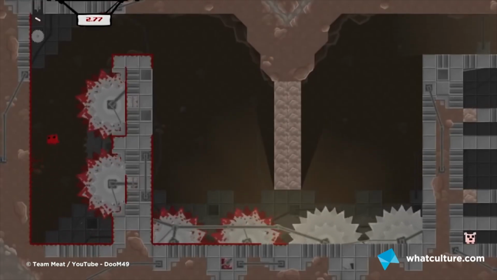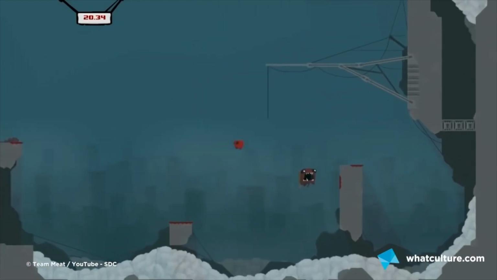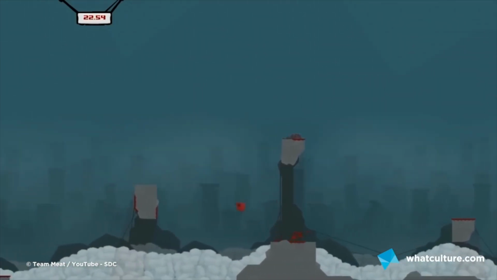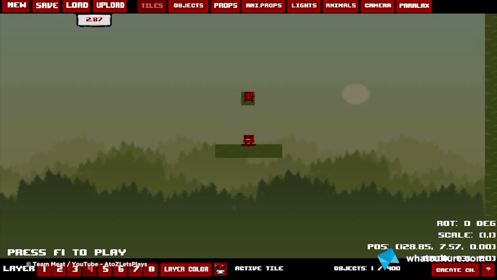difficulty curve, which can be enraging, but it's just so worth it when you finally get past that level that you've been stuck on. You can also build your own levels with the Super Meat Boy editor and share them